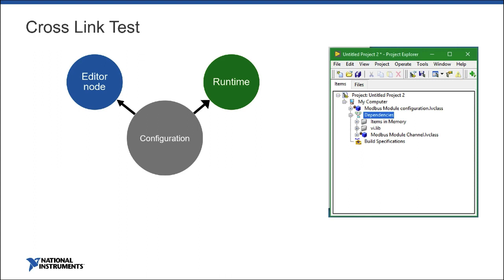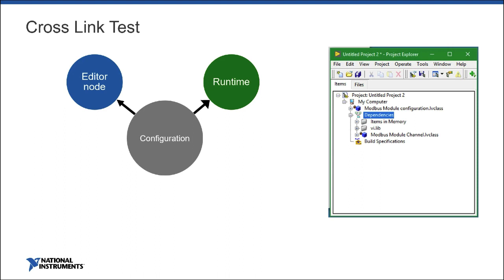Then we have an editor node, a class that has a UI to modify that configuration class, and then we have a runtime that runs based on the configuration from the configuration class. By having 3 different classes, we prevent the library from locking if the editor node is running on Windows and the runtime is running on real time. It also allows us to have independent things. For example, if in your editor node you're calling Excel, you don't want that code to be dragged into the real-time part. So by having these 3 classes split, we get a lot of flexibility.